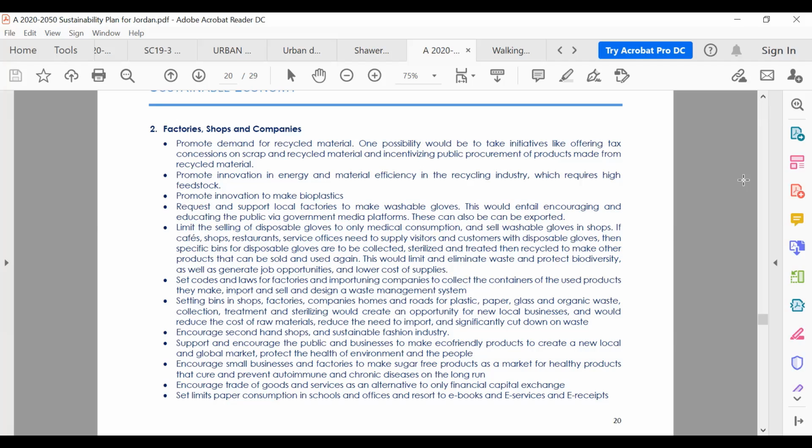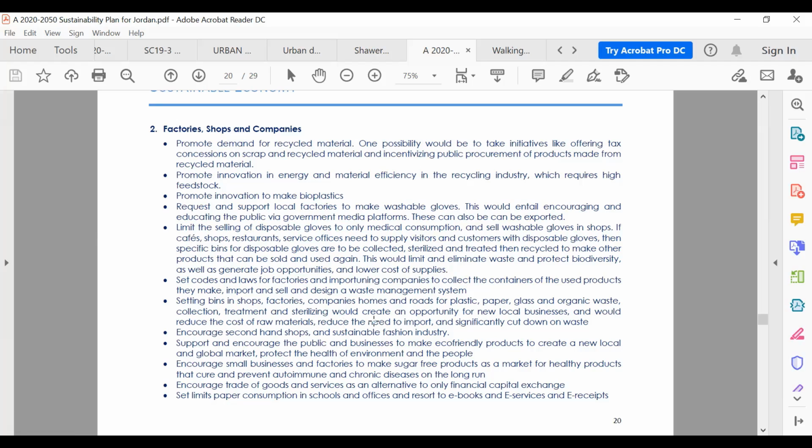This would limit and eliminate the waste and protect biodiversity, as well as generate job opportunities and lower the cost of supplies. Set codes and laws for factories and importing companies to collect the containers of used products that they make and import and sell, and design a waste management system. Setting bins in shops, factories, and companies, in homes, and roads for plastic, paper, glass, and organic waste